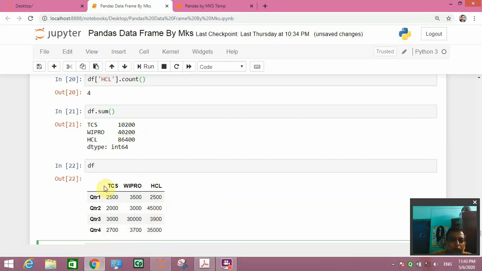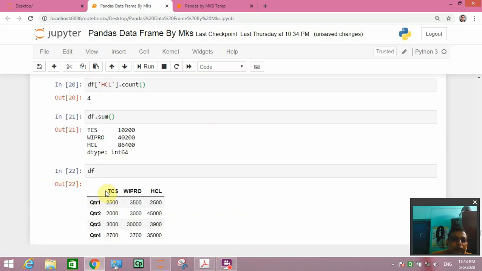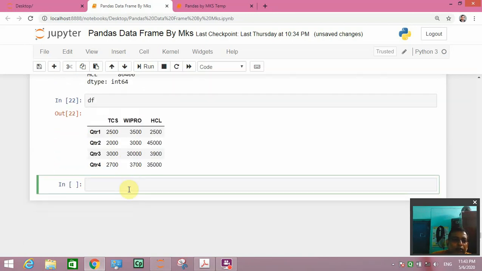Suppose you want to see only the sum of HCL, that should come 86,400. So same way you can write df in square bracket single quote HCL dot sum, the aggregate function. Now run this code.